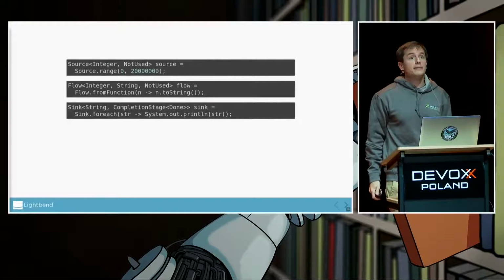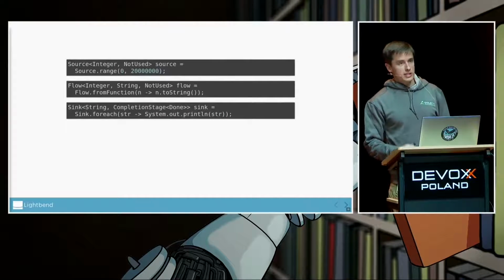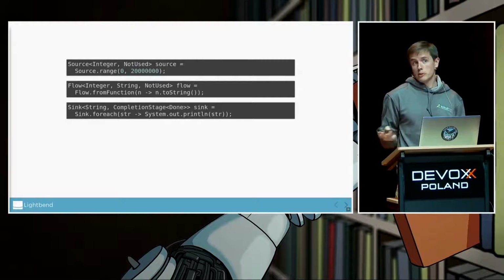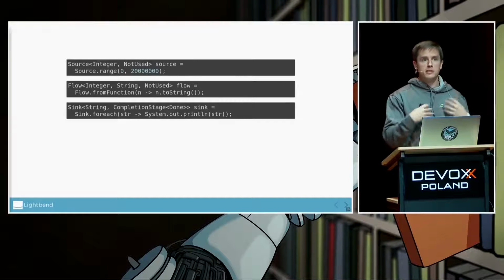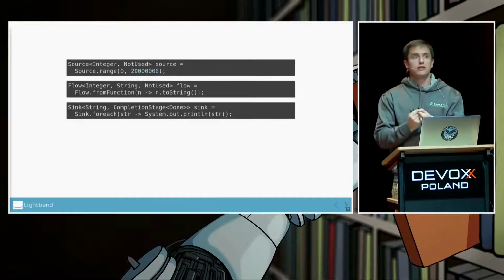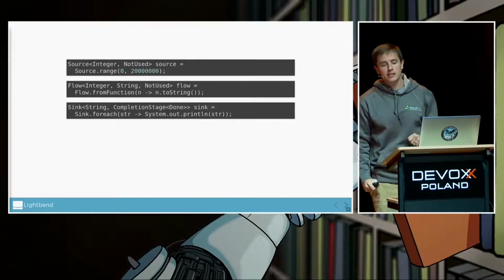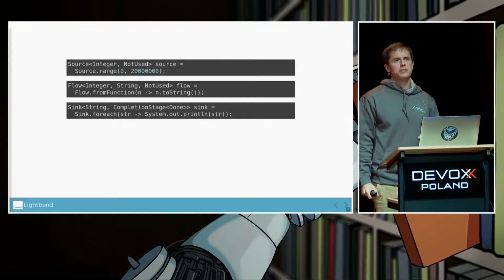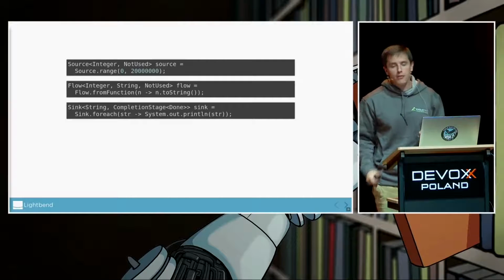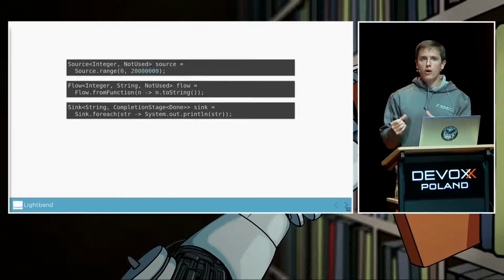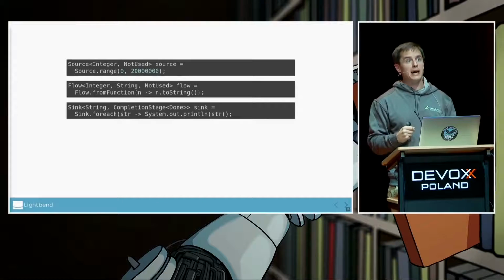If we look at the types of those, sources and sinks have two type parameters. The first one, which is probably what you might expect, is the type of the elements that the source produces or the sink consumes. But there's also this extra type parameter. In the sink, it's a CompletionStage, which is a subset of a CompletableFuture. And basically, any stage or operator that you build for Akka Streams, you can also materialize an extra value that you can use to interact with the stream from outside of it.